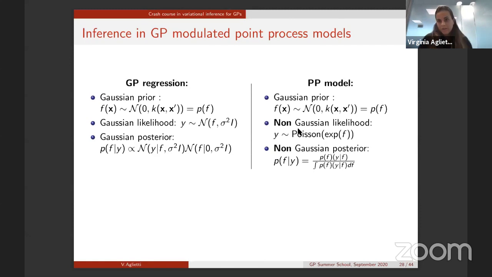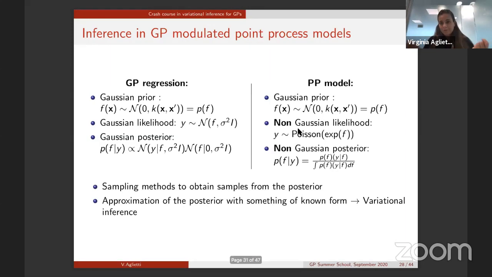Now, another big problem when dealing with this GP modulated Poisson point process is the fact that inference is not closed form. What do I mean by that? Well, you saw how when you have a GP regression, you have a prior on the function, you have a Gaussian likelihood, and then you can compute the Gaussian posterior in closed form. When instead you consider a point process model, the likelihood is not Gaussian. So you still have a Gaussian prior on the function, but your likelihood is Poisson, and the posterior is not available in closed form. So how do you deal with that? How do you compute the posterior and then the predicted distribution? Well,